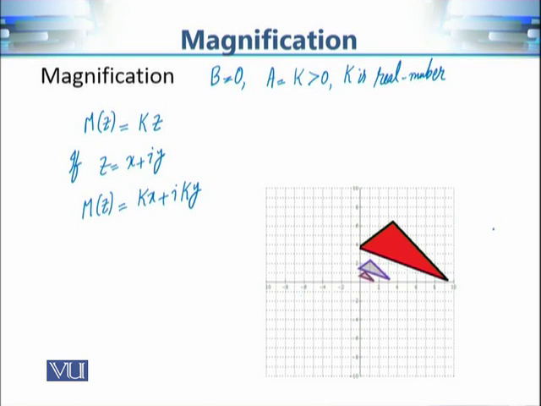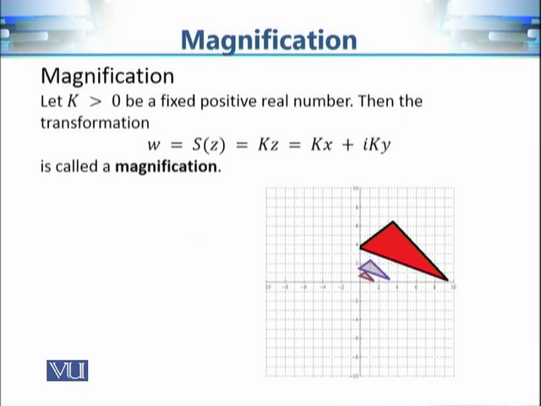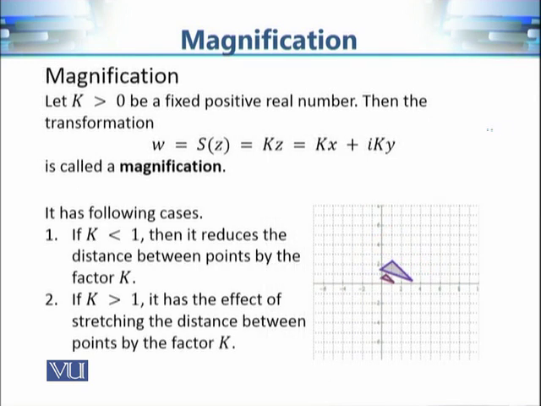Now in this case, we have two further cases. It depends on whether K is greater than 1 or K is less than 1. And of course, if K is equal to 1, then we can see that there will be no change. So if K is equal to 1, this is just the identity. M of Z is equal to Z, and this transformation is not doing anything. It is just an identity transformation. So we have this transformation, Kx plus iota Ky, and of course it depends on the value of